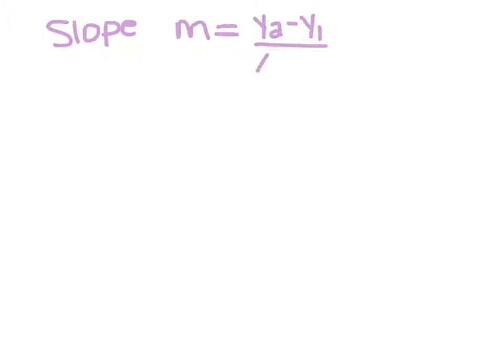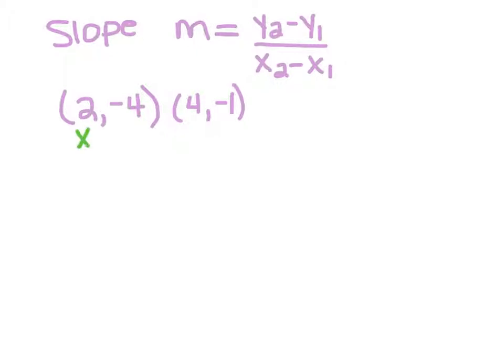The second lesson for today is about slope. So remember that the variable for slope is m, and then the equation for slope is y sub 2 minus y sub 1 over x sub 2 minus x sub 1, right? So if I want to find the slope of the line that passes through the points (2, -4) and (4, -1),